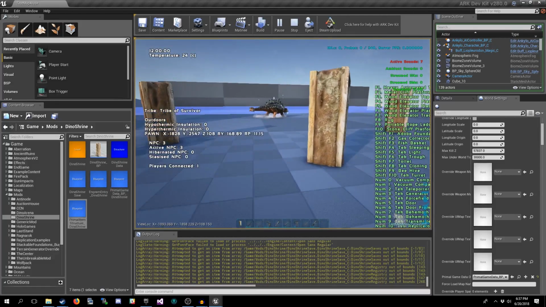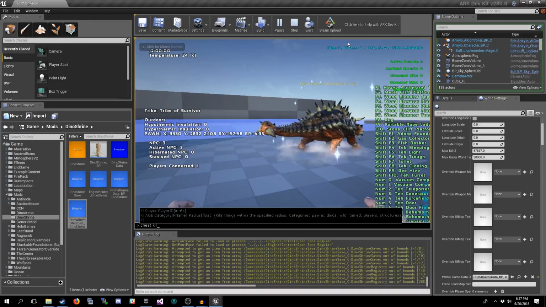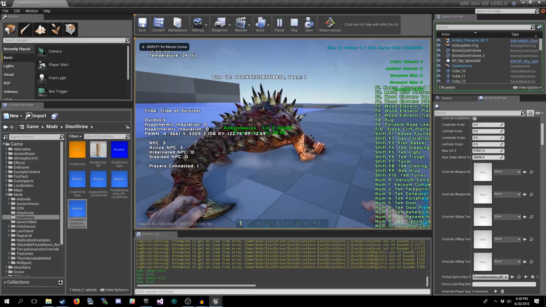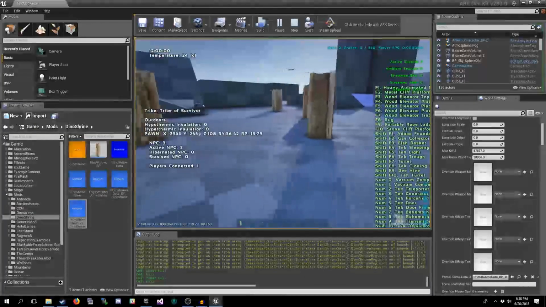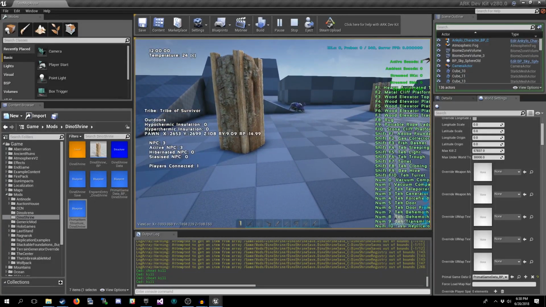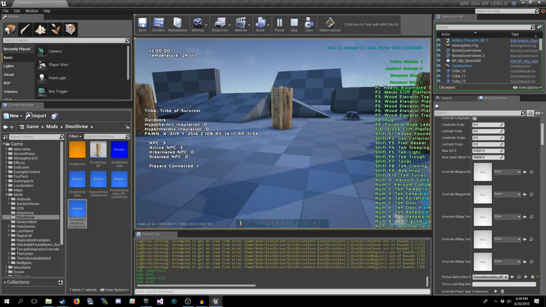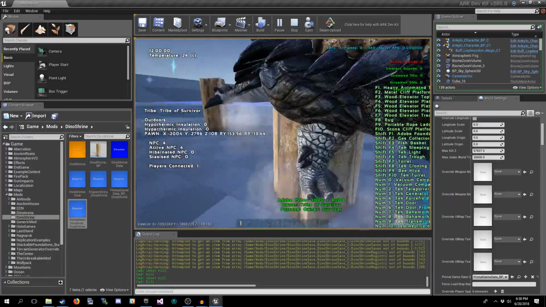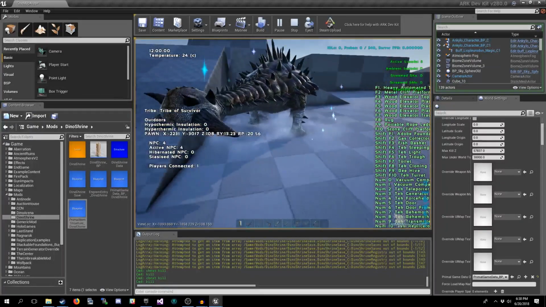But for instance, if I come over here to this Anki, do cheat kill, and I'm going to miss because it takes me a long time to type that. And there we go. Now if we wait, you'll notice the last settings that I changed were for the dung beetle. Now if we wait, the first one that we set with the Anki should respawn an Anki, not a dung beetle. There it is. So now you see that each of these shrines has separate settings, and they are each tracking their own creature.